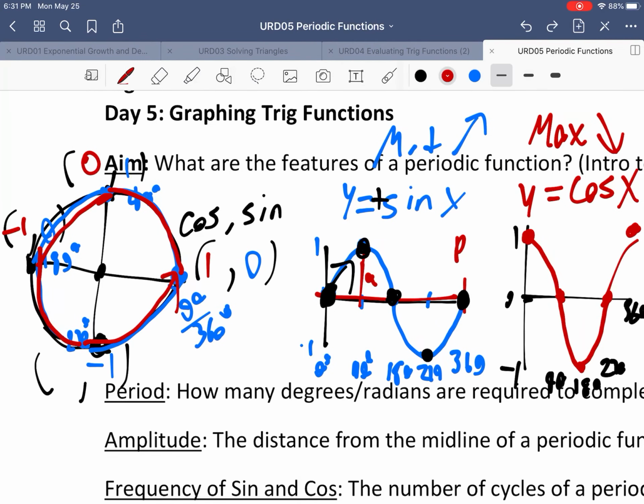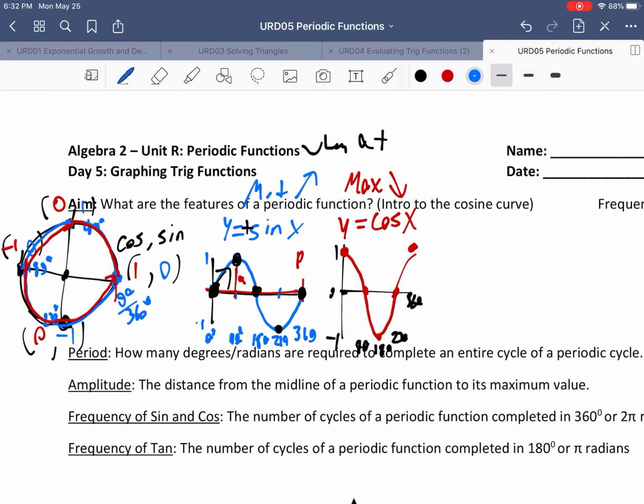Now we're going to take a quick look at the tangent curve as well while we're doing this assignment. So the tangent curve comes from y equals tan of x. It'll be a combination of sine and cosine. So y equals tangent of x is going to come from,